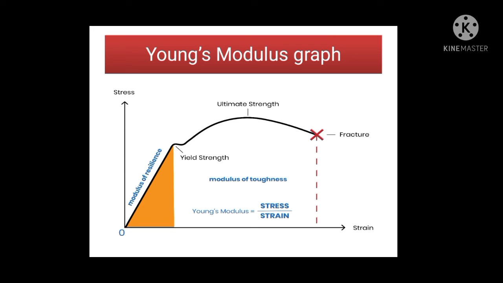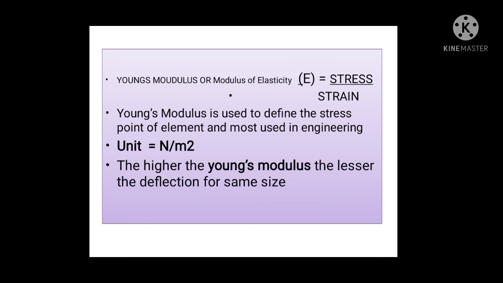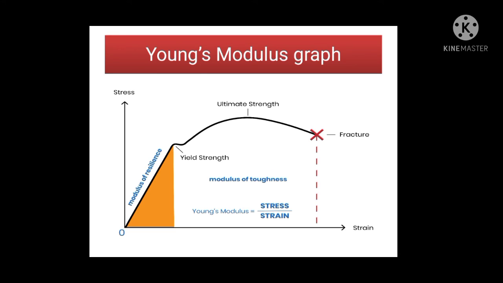Now let's move to another important concept, Young's modulus. Now what is Young's modulus? It is actually that stress is directly proportional to strain. So you can see here is a graph of stress and strain. Stress is directly proportional to strain up to this point,